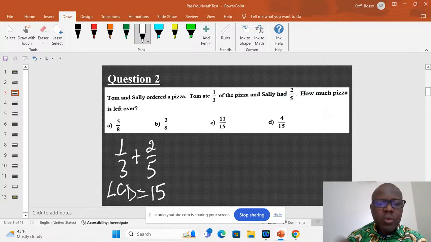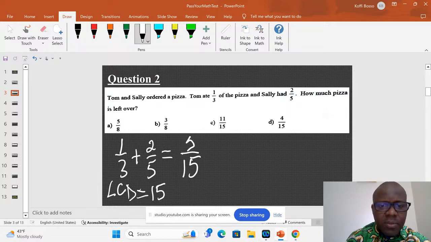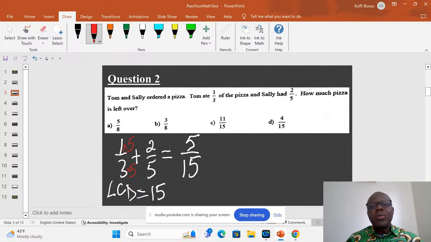So this is telling you that the 1/3, we're going to rewrite as something over 15, because we want that common denominator to be 15. So the question is, how do we rewrite 1/3 as something over 15? It becomes 5/15. Understand that we multiply this 3 by 5 to get 15, and at the same time, you multiply the top also by 5. That's the way you create that equivalent fraction. So 5/15 plus